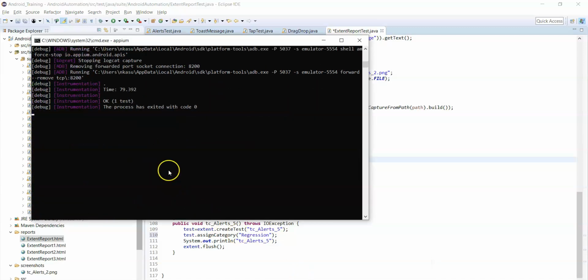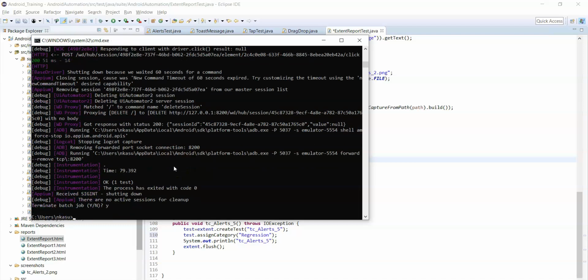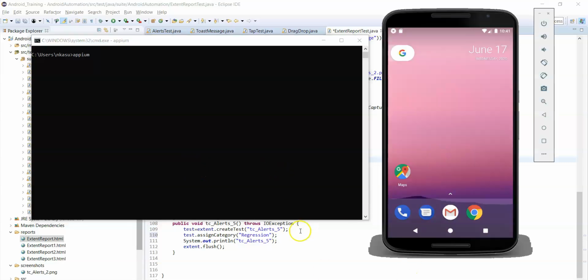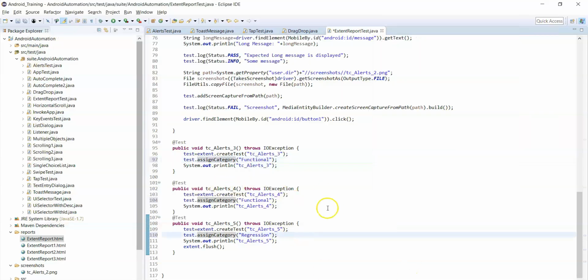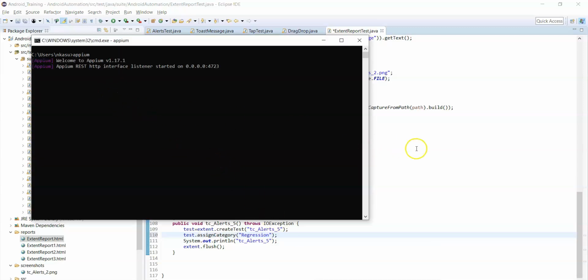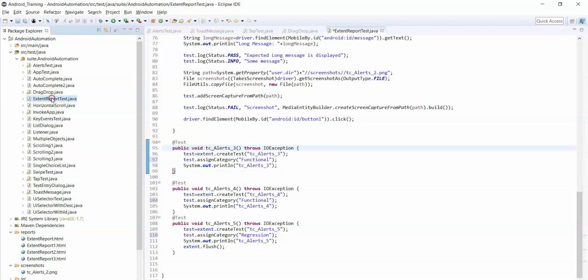Now before running the script, let's start the Appium server. Now the Appium server is started. Now let's run the script.